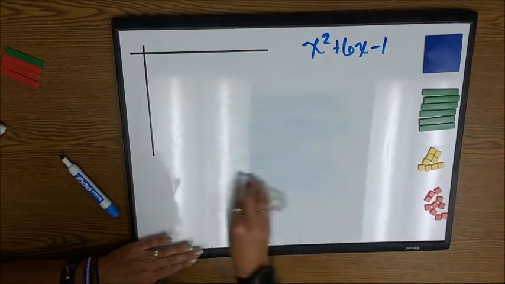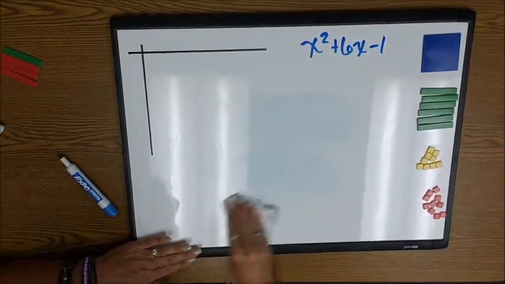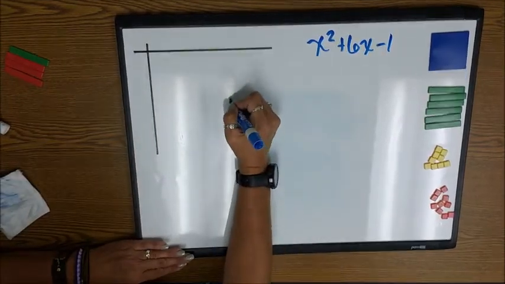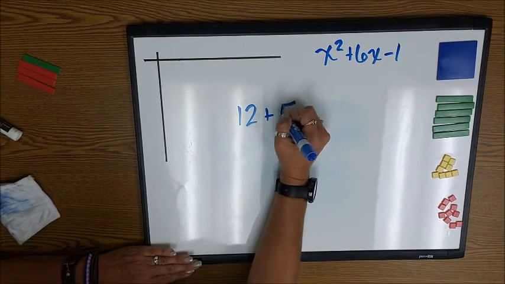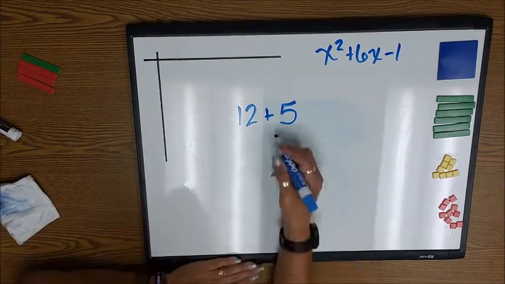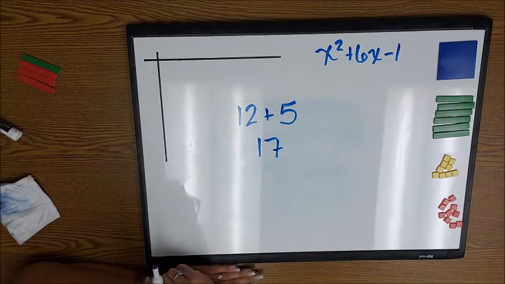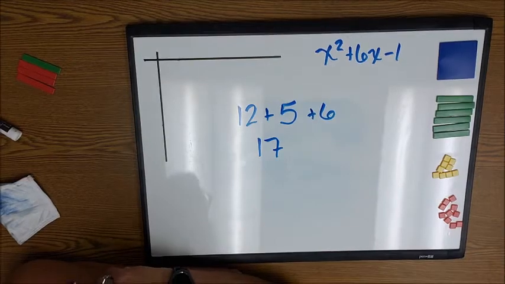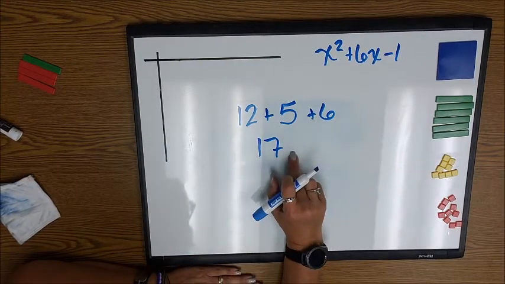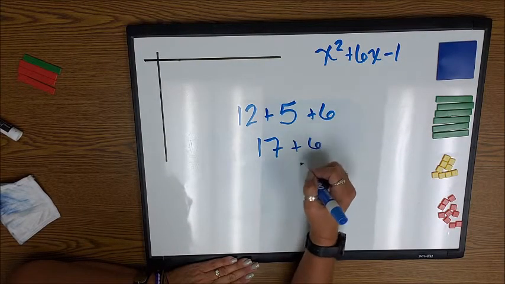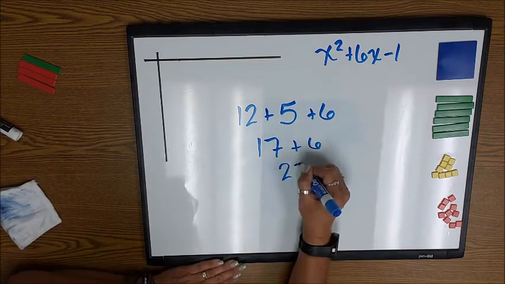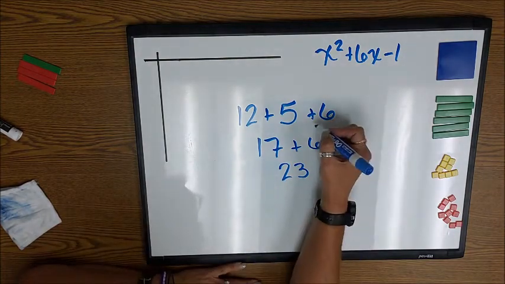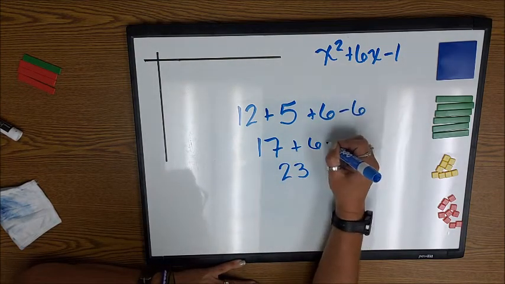The other thing we want to talk to students about is keeping in mind that if I have any numbers, and I'm just going to go ahead and start with my 12 and my 5, when I add these together, I get 17. Well, what if I add another number on? Let's say 6. If I now add a 6 on here, that gives me 23. So these are not the same number. But if I add 6 and I subtract 6,